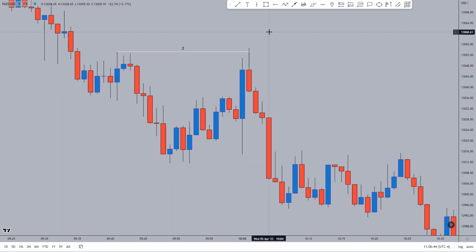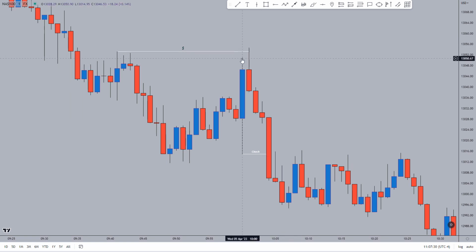What did happen afterwards? It is very simple. Afterwards we have the real change of character. And there is a major difference between this one right here and this one right here. The difference is that here we broke impulsively below both of these areas, while in this occasion right here we just grabbed the liquidity and then we closed with a very large wick, which is made in order to